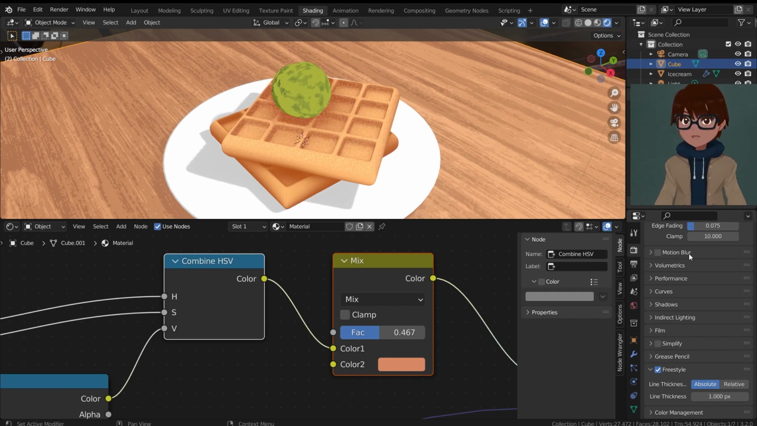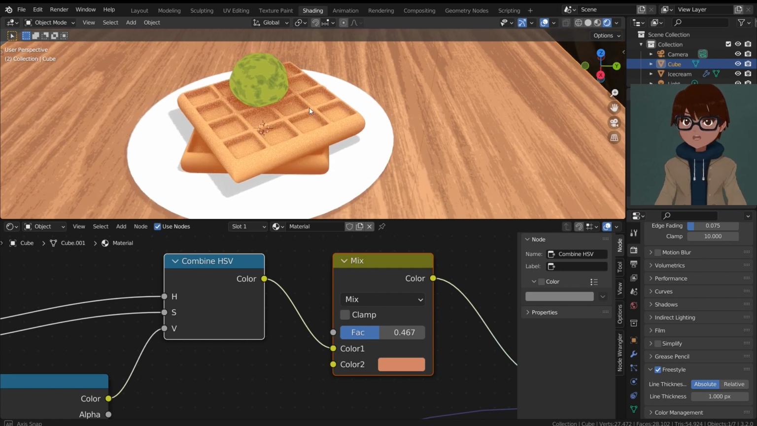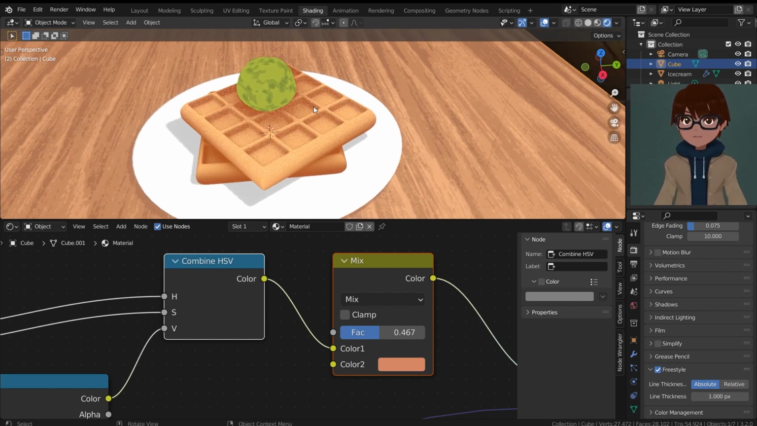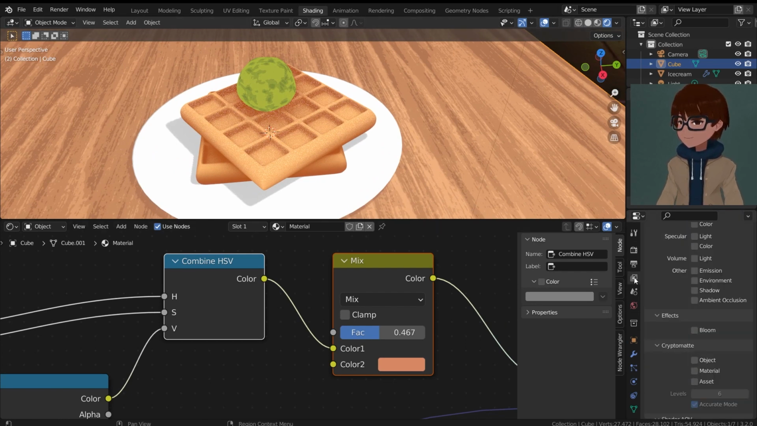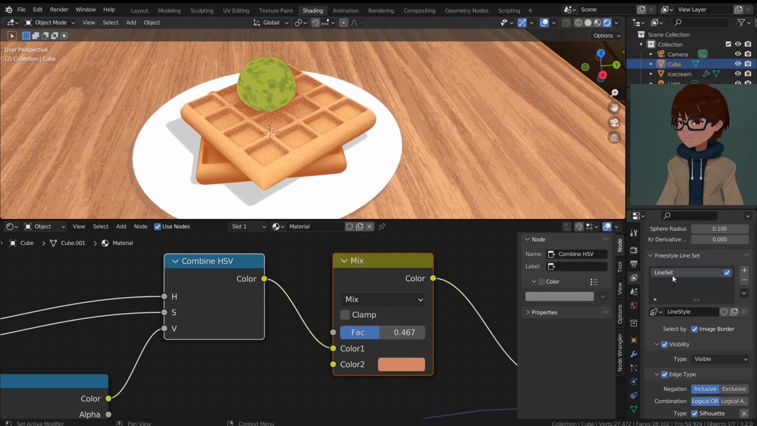So Freestyle is a way to add outlines to your objects without using something like the inverted hull method, because there are some downsides of using the inverted hull method. So let me show you how we can use the Freestyle to add outlines. Let me go to the view layer properties right here and scroll down to Freestyle. And what we can do is to go to Freestyle line set and start adding some modifiers onto different properties